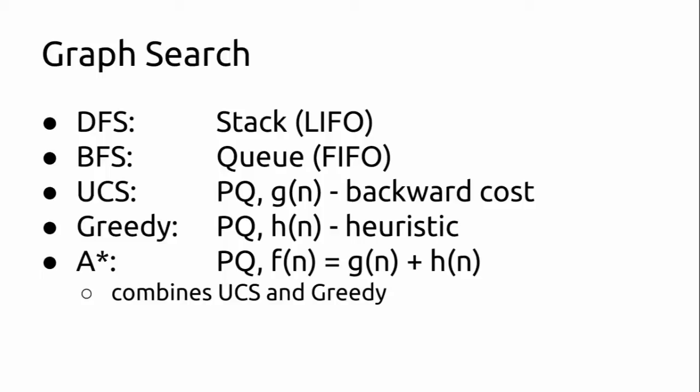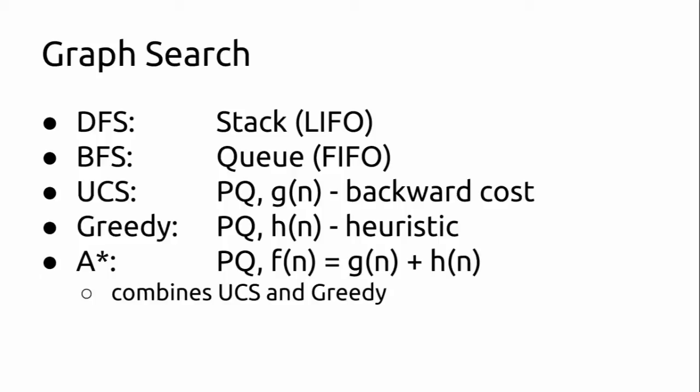Basically, depth first search is just going to use a stack, and breadth first search is just going to use a queue. Uniform cost search is one of the new ones. So uniform cost search is going to use a priority queue, where the priority is the backwards cost, which we'll call G of n in this course. So the backwards cost is going to be the cost from the starting state